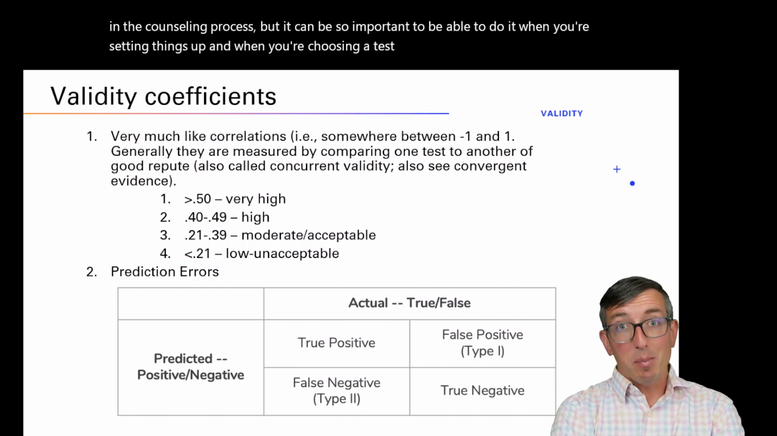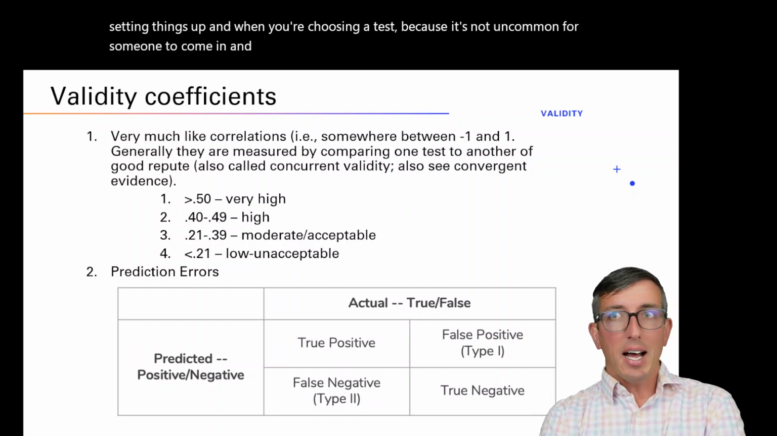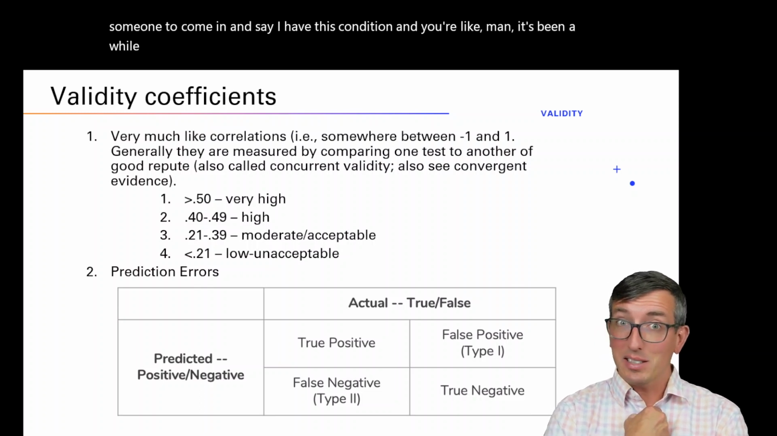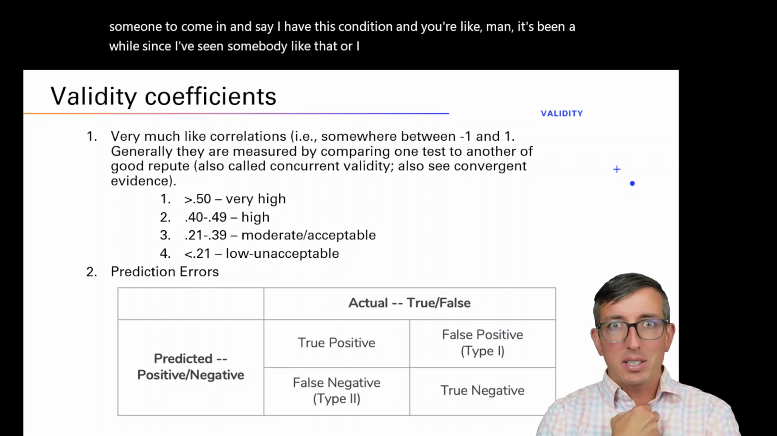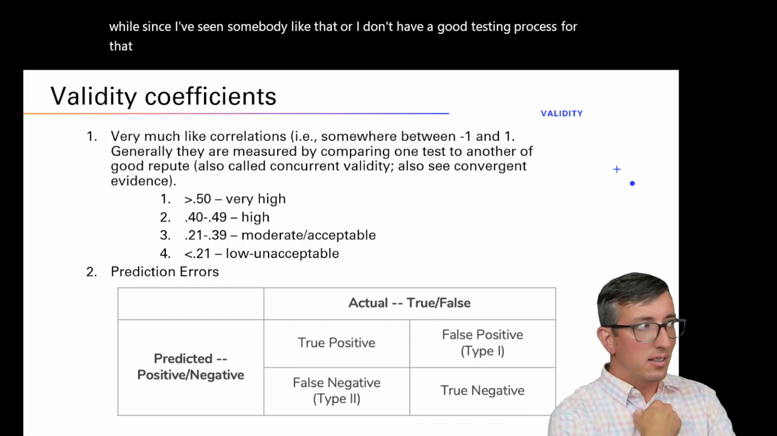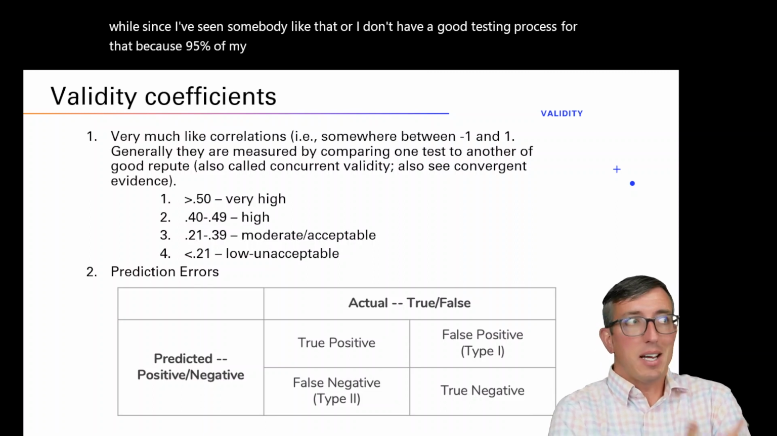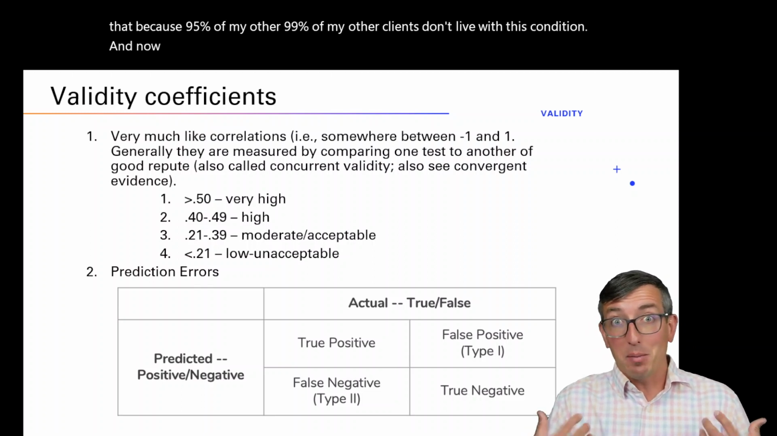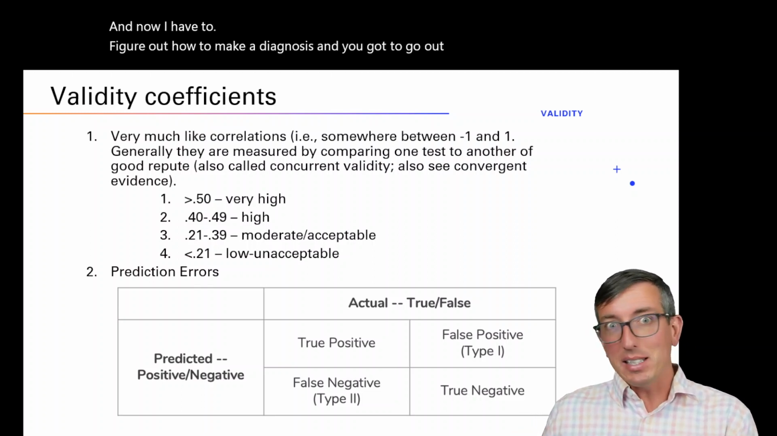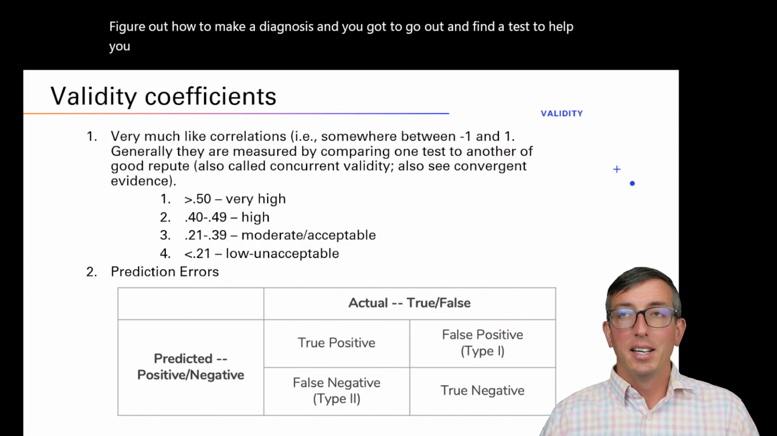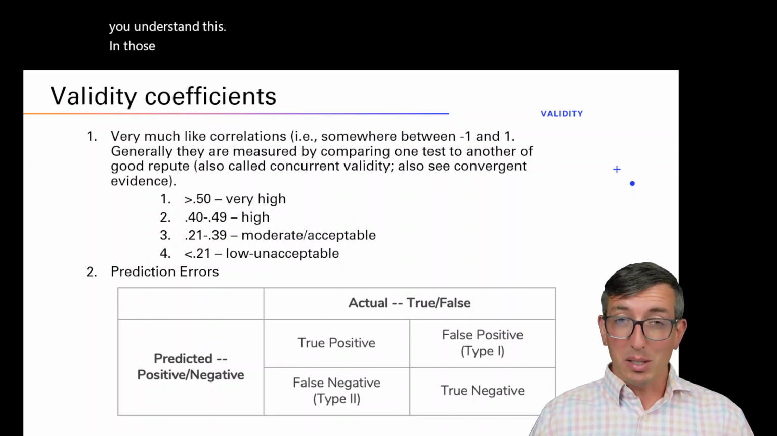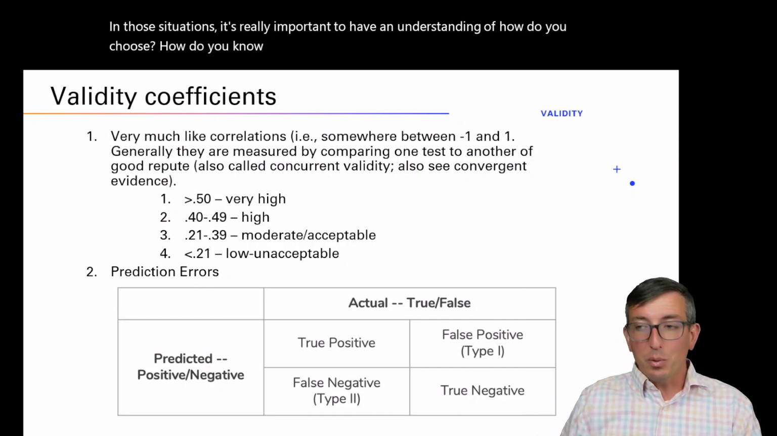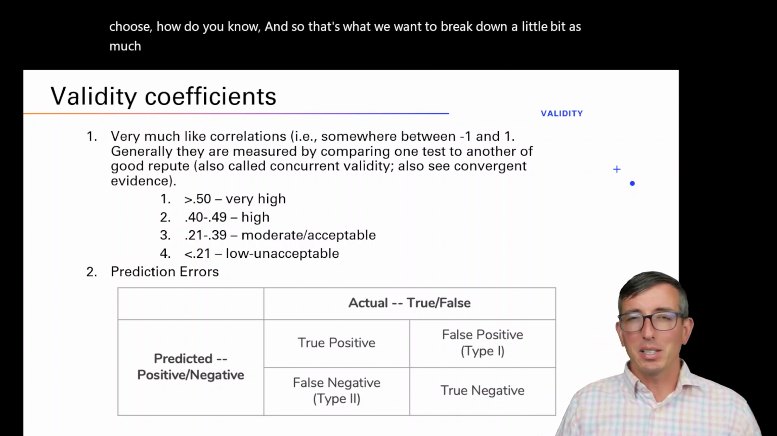Because it's not uncommon for someone to come in and say, I have this condition, and you're like, oh man, it's been a while since I've seen somebody like that, or I don't have a good testing process for that because 95% or 99% of my other clients don't live with this condition, and now I have to figure out how to make a diagnosis, and you've got to go out and find a test to help you understand this. In those situations, it's really important to have an understanding of how you choose, how you know? And so that's what we want to break down a little bit as much as we possibly can